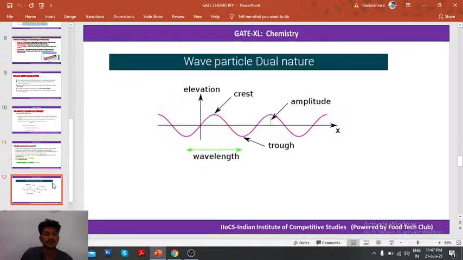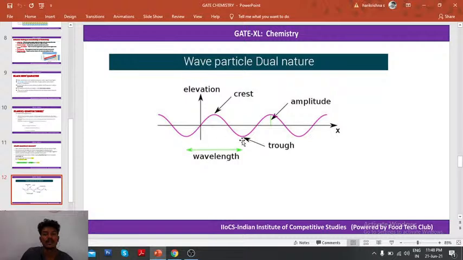Then here you can see an image of the wave nature. Here you can see the elevation and the wave moving. Then here the upraised portion is known as the crest. Then here you can see the amplitude of the wave. Then this portion is known as the trough. Here you can see the trough and the crest of the wave, and